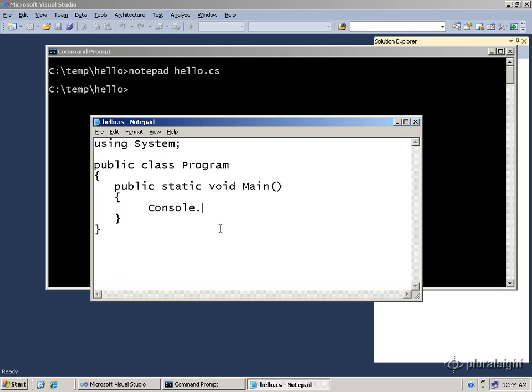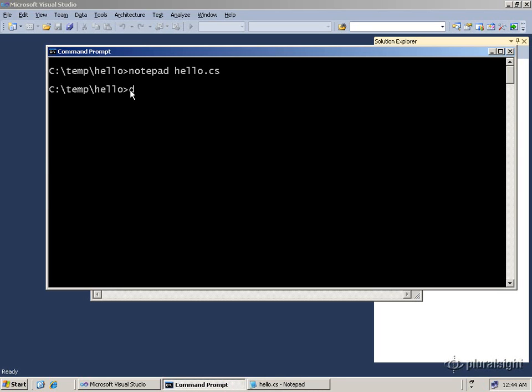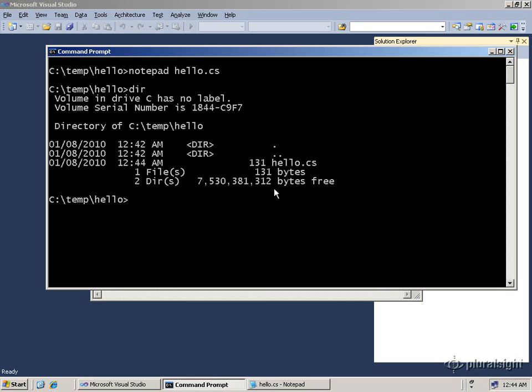Inside of here, I'm going to use that Console class again. It has a method on it called WriteLine, and I can tell it to write out to the console "Hello World", and I'll save that. At this point, I don't have anything that can execute. I just have a text file, so I'm going to go to the C# compiler and transform this into something